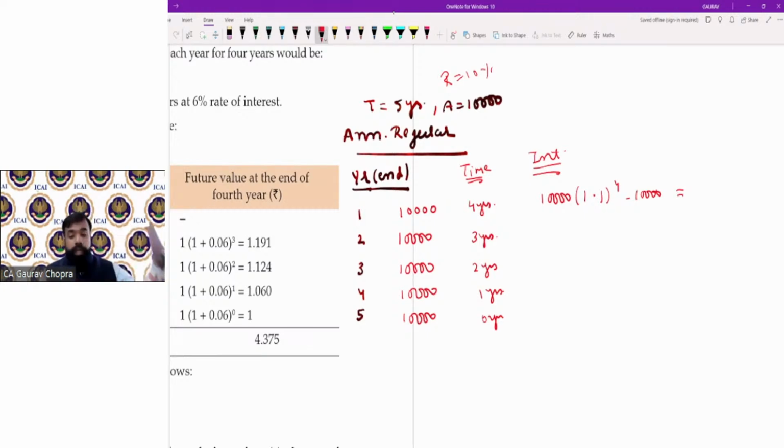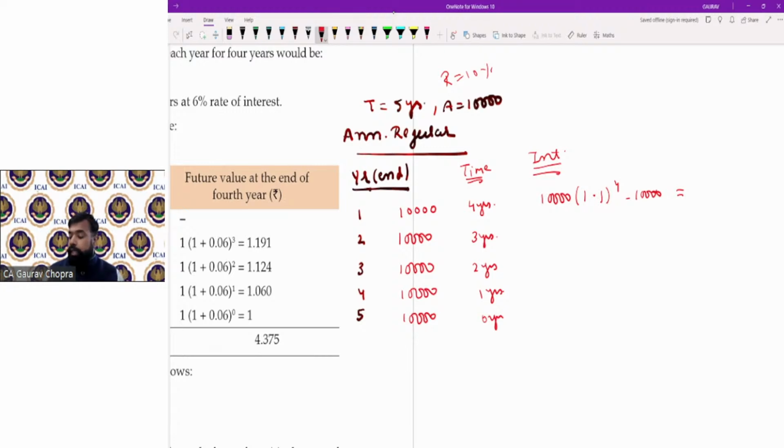ये आपका बेसिक फॉर्मूला फॉर कंपाउंड इंटरेस्ट। हमने कोई नया फॉर्मूला अभी तक यूज नहीं किया, हम इसके लिए एक दूसरा फॉर्मूला यूज करेंगे। बट नाउ आई एम जस्ट एक्सप्लेनिंग यू द कॉन्सेप्ट, जस्ट एक्सप्लेनिंग यू द बेसिक्स। अभी हमने नया फॉर्मूला इंट्रोड्यूस नहीं किया है। ऑलराइट, तो जो फर्स्ट ईयर के एंड में डिपॉजिट हुआ है उस पे कितना इंटरेस्ट मिलेगा? तो कैलकुलेट एंड लेट मी नो। 1.1 की पावर 4